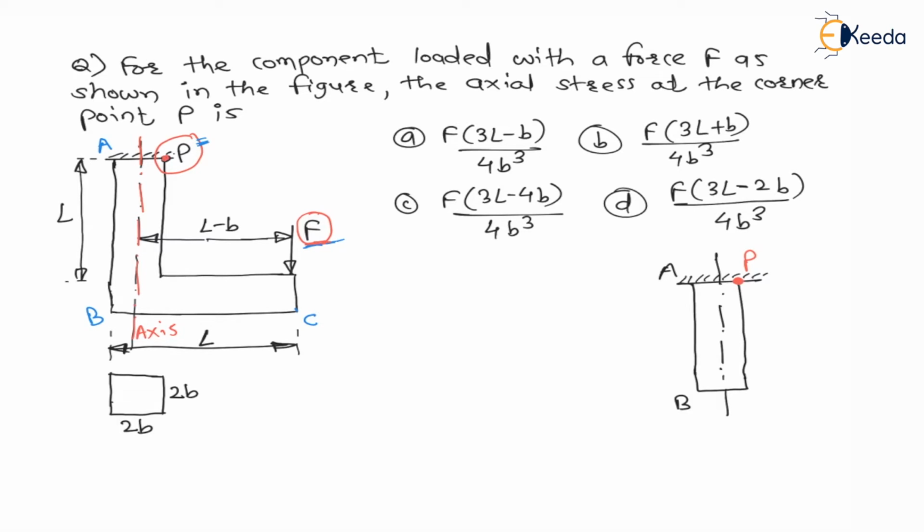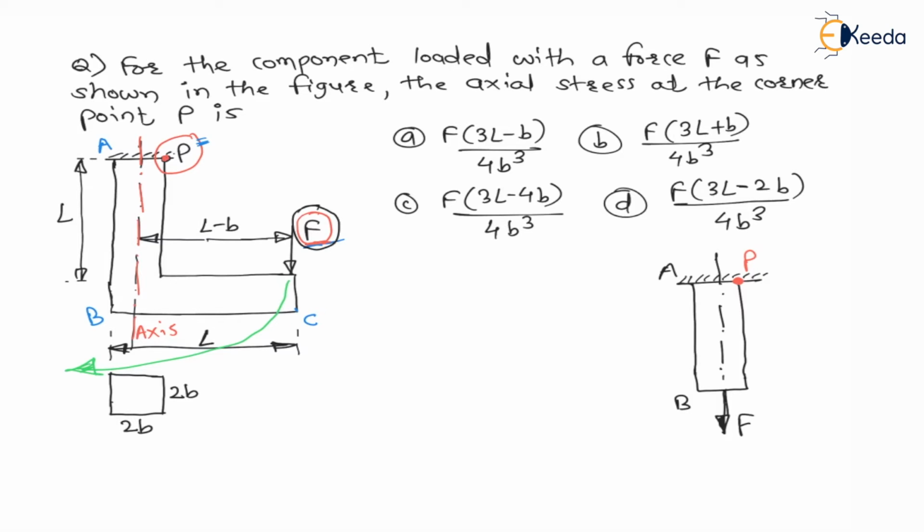Now in the shown diagram, this force EF we can transfer on the axis of AB also. Now this force EF we can transfer as it is like this. This force EF is transferred as it is on the axis of AB element, but along with this force we have to transfer the moment created by that force about that axis. Now let us say, see here, what is the moment created by this force EF?